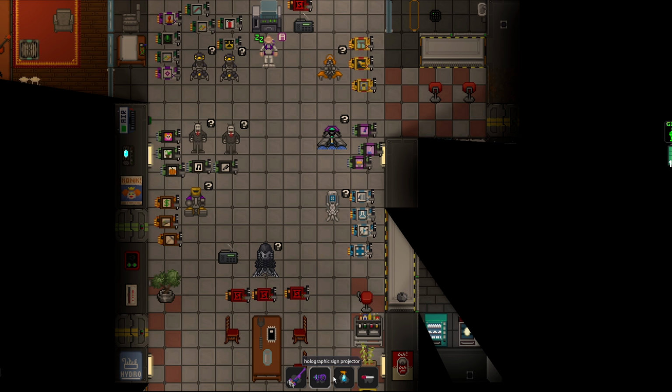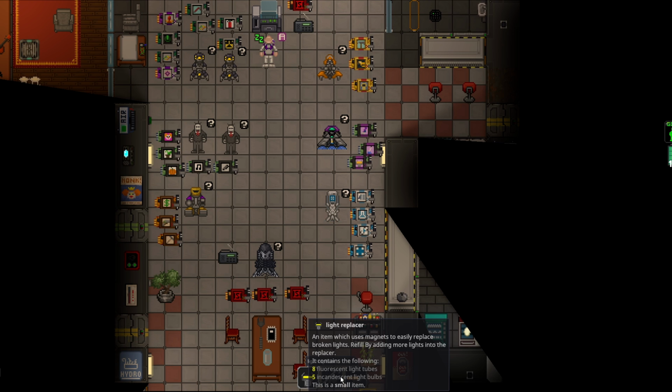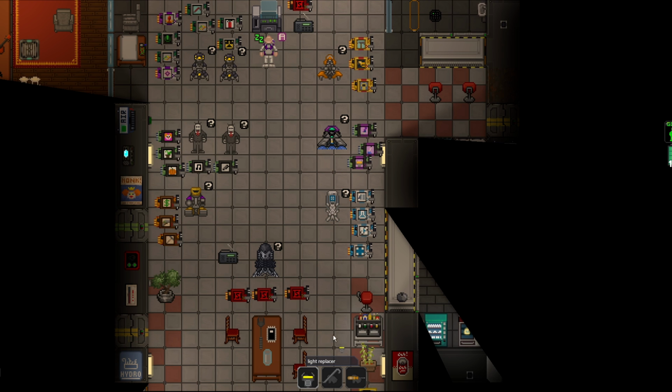It gives you a holographic sign projector, a space cleaner bottle, and a dropper to fill up the space cleaner once you run out. Then we have the normal cleaning module, which is just a mop, an empty bucket, and a trash bag, basically everything you need to do janitorial duties. And then the light replacer comes pre-installed with some lights, which is really nice, a crowbar,